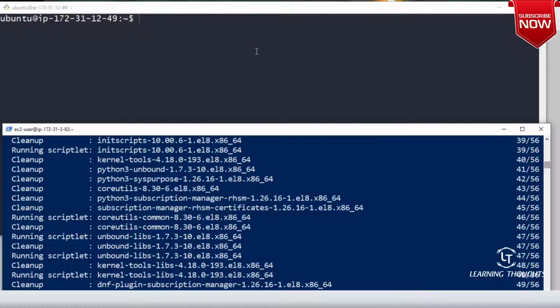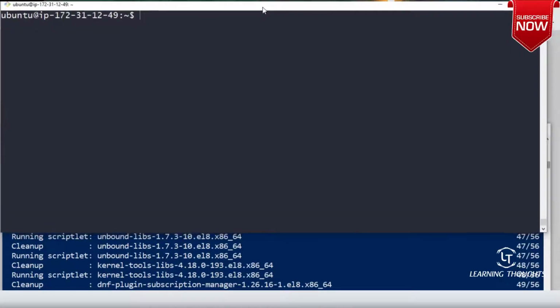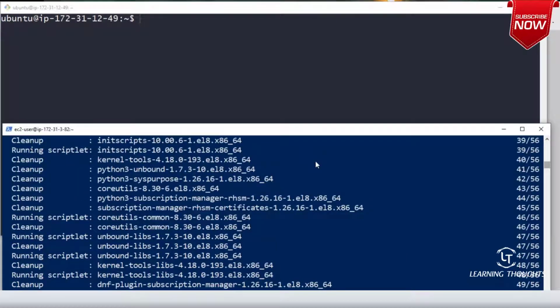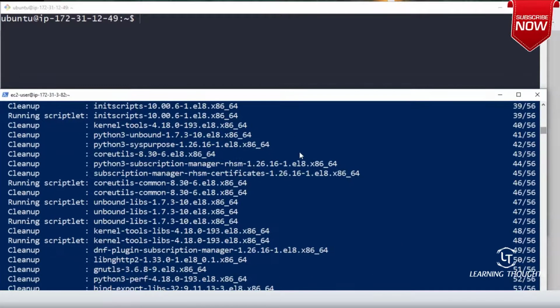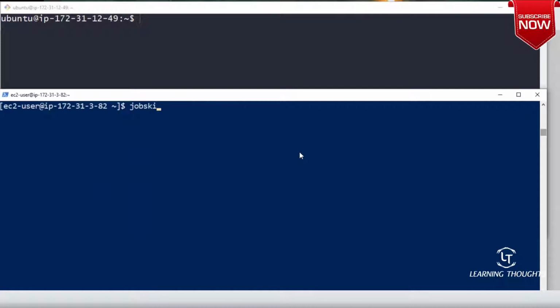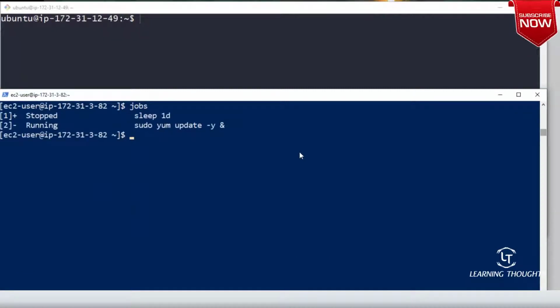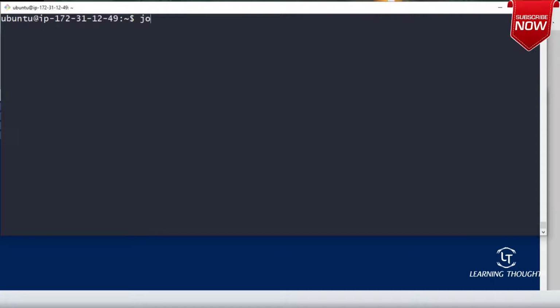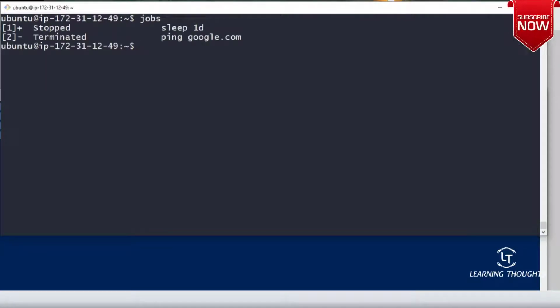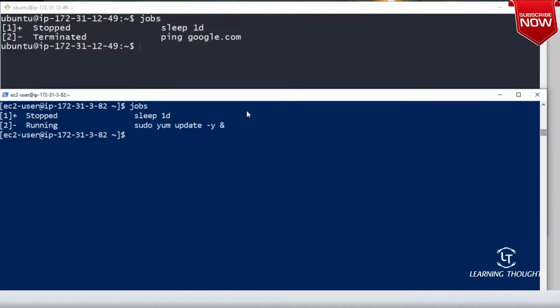When you write a Python code or a Java code which runs in the background, we will not write this output to that command. So that's the reason why. If you see, it is trying to tell you the status of the jobs. Let me look at the jobs over here. Right now, ping google.com is getting terminated. It has got terminated. Fine, whatever it is. All right. So in jobs, you will not run these commands.